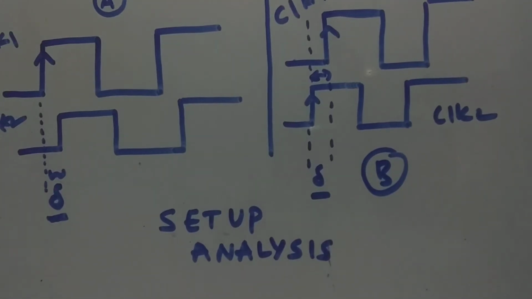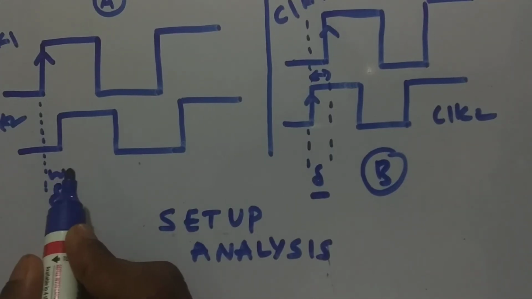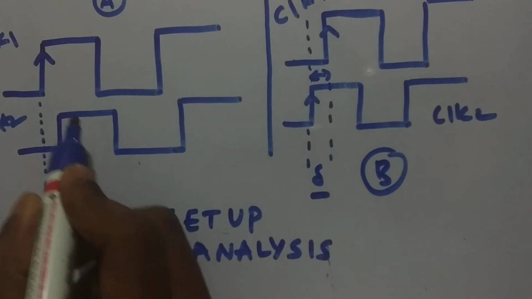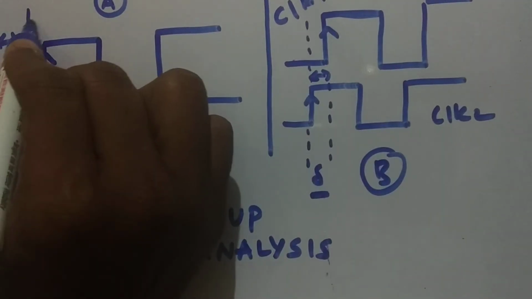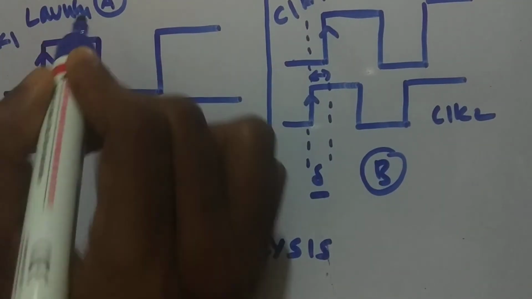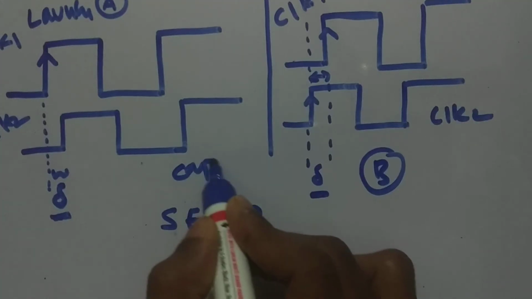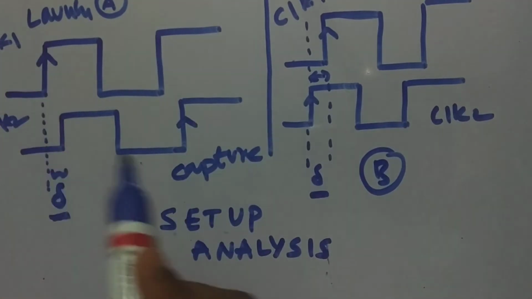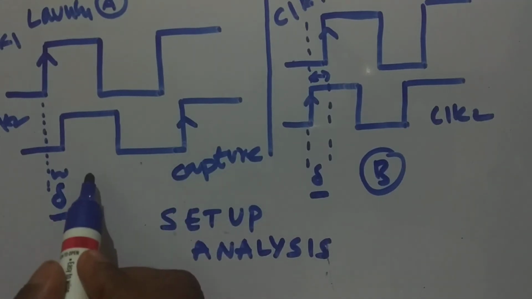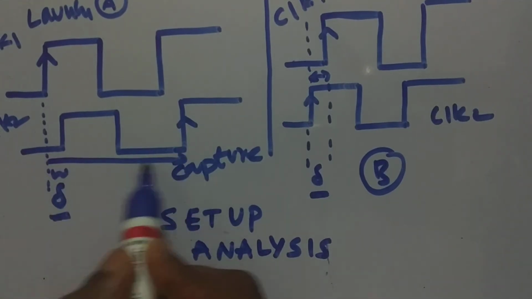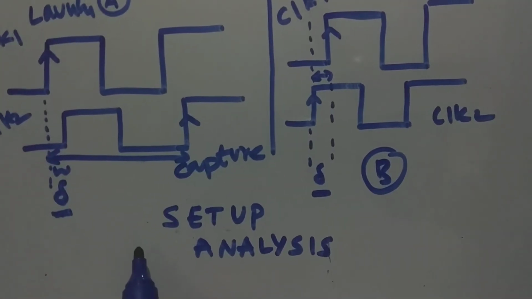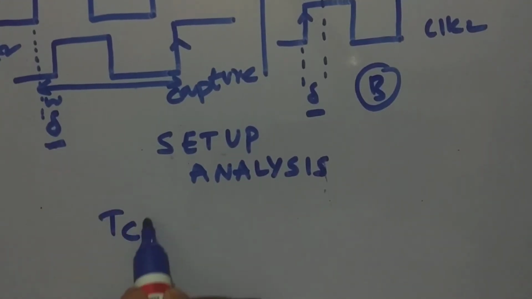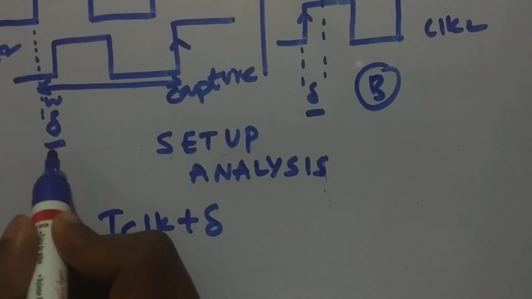Okay, so here our time period in case A, I'm going to first go with case A and then go with case B. So in case A, what's happening is that our time period is being increased. So whatever data we are going to launch over here is going to be captured at this edge for the next flop. So whatever we launch over here will be captured at this flop. So we are going to get